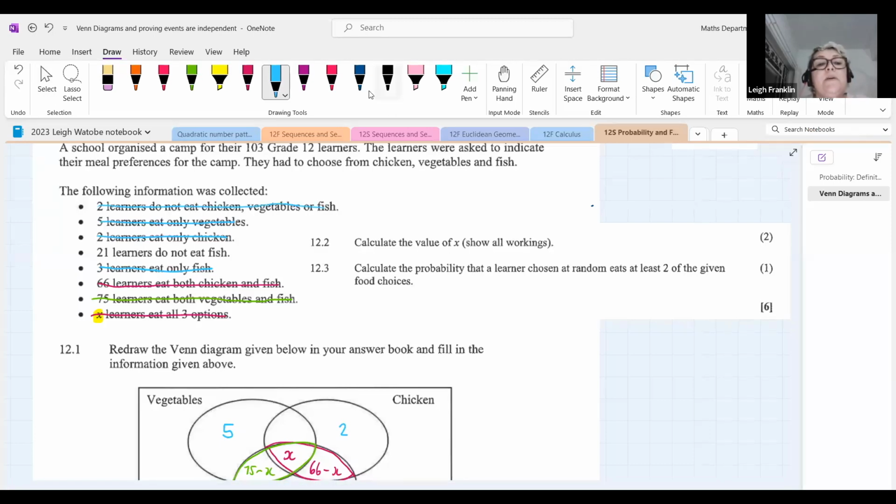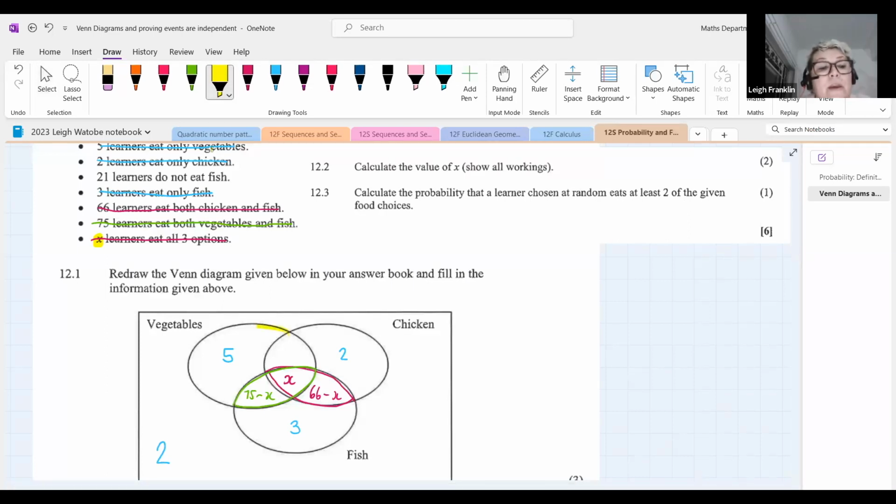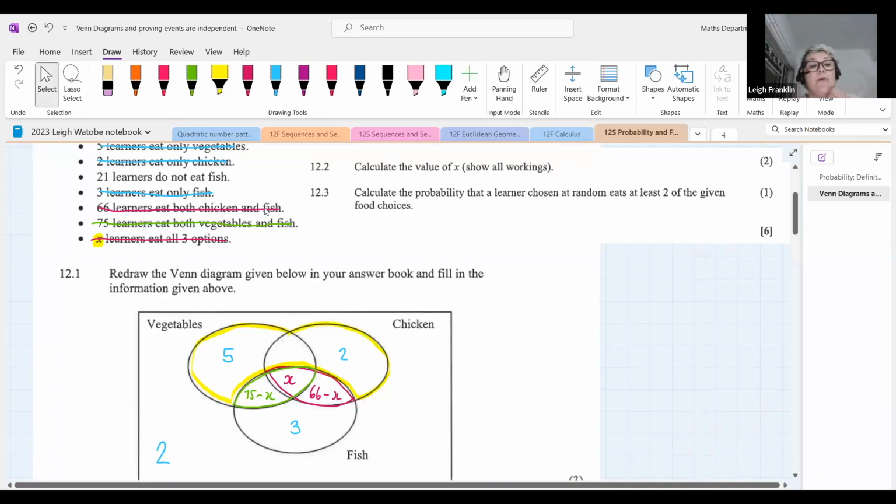And the last piece of information that we have here is 21 learners do not eat fish. So if you do not eat fish, it means that, and I'm going to highlight it for you here, this part over here. What I'm highlighting in yellow, everything inside the yellow border, are the people that do not eat fish,